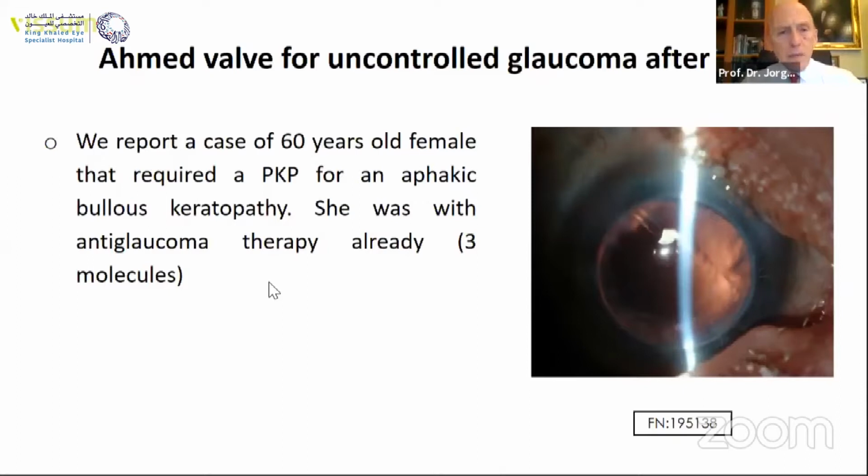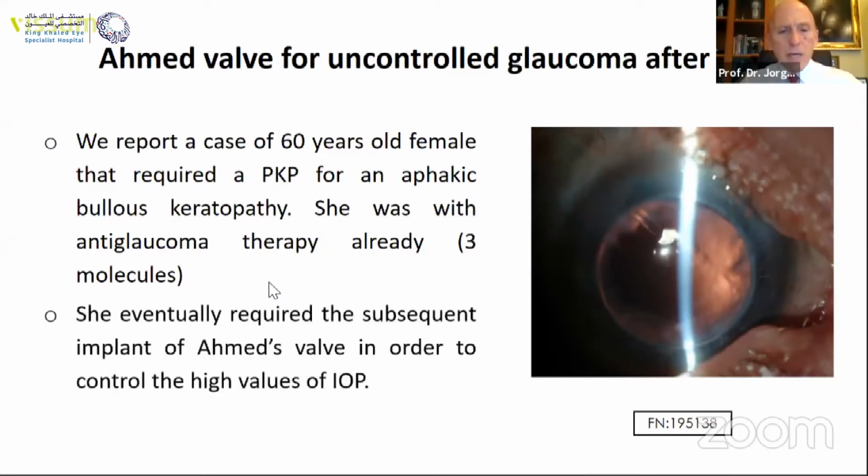And then you have surgical options, and surgical options when used in case of penetrating graft especially are one more problem. Look here at this 60-year-old female patient that had bullous keratopathy. She was on anti-glaucoma therapy, but not controlled with 3 molecules, and she eventually required the subsequent implant of an Ahmed valve in order to control the very high pressure. You can see here in the image the tube. The tube is not in contact with the endothelium, actually, it is about 1.2 millimeters apart from the corneal endothelium. But in spite of this, 3 years later, the graft failed, and not because of immunological rejection,